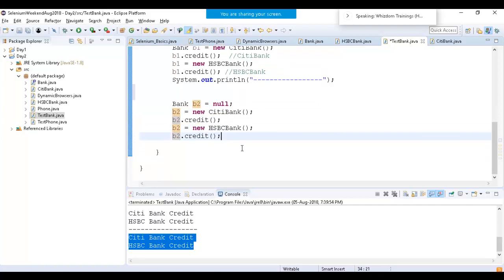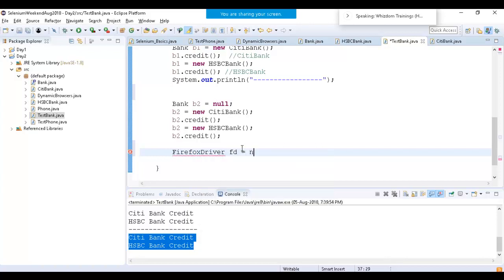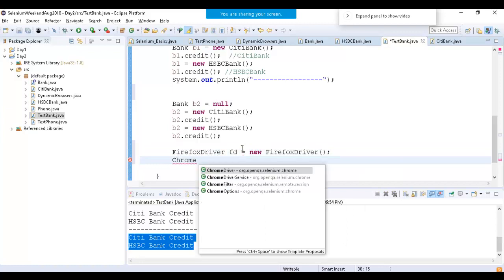And that's what we do in Selenium. Till now we had created the object of Firefox driver like this. We have created the object of,